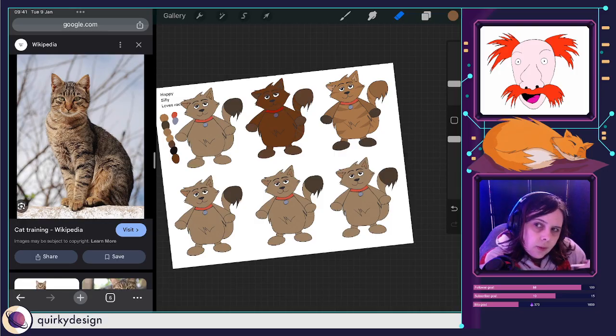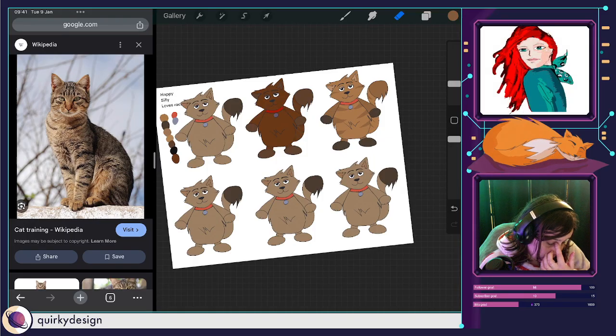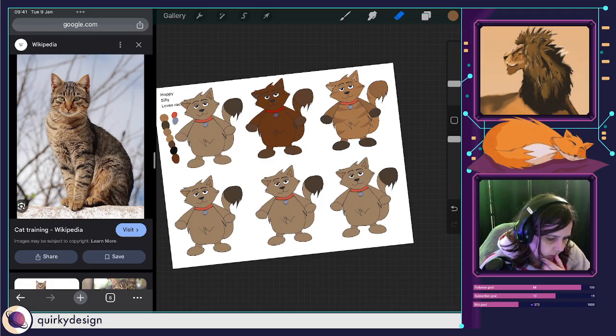I like that one. That one's really cute. Don't know if that brown is a bit too dark though.